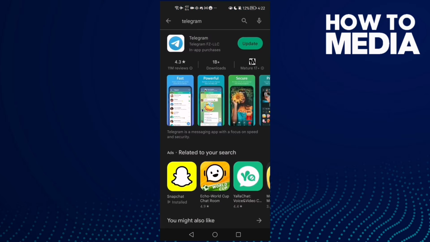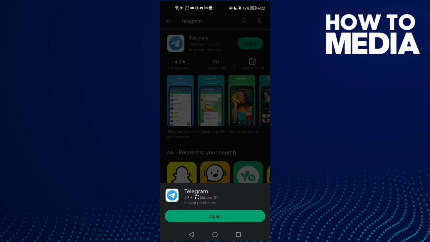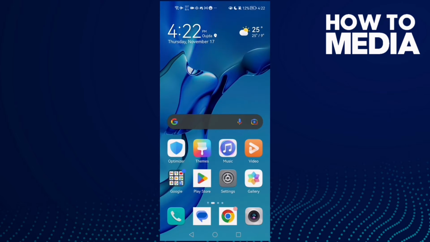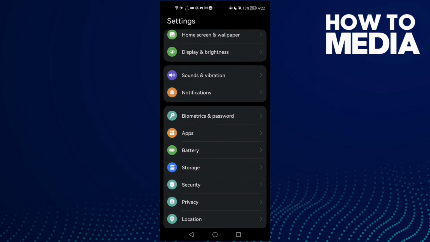First open Play Store and then just check if there is an update here for Telegram, and then just update your Telegram, and if that doesn't fix your problem, now just restart your phone and try again. And if that also doesn't fix it, so just go to settings